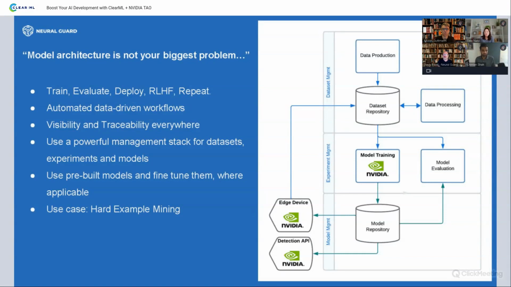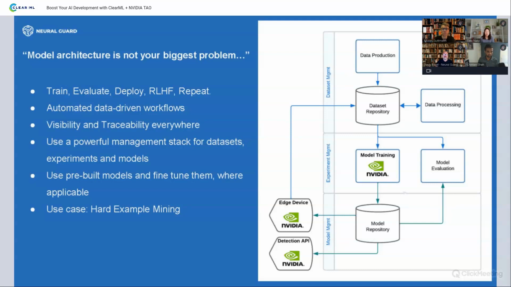You deploy the product, and you have new insights on the data. You have new data. You want to feed it back to the system. You want this process to be automated, right? If everything is done manually, it wouldn't scale. Again, the difference between a small pet project and a product.